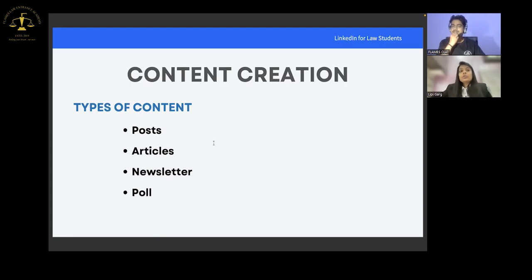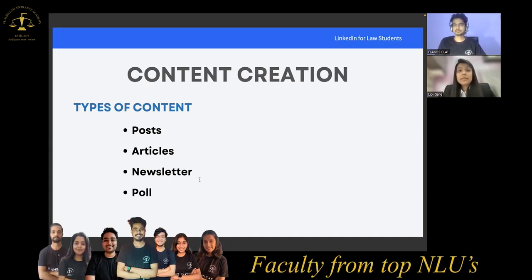Cool. So let me take you through the type of content first and then I will answer all your questions about what to post and what not to post. But to answer very simply what you just mentioned: 90% of your content should be relevant to your niche and 10% you can post random stuff maybe.